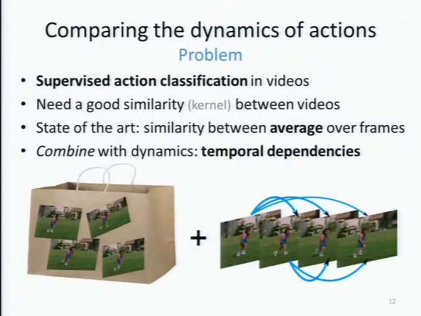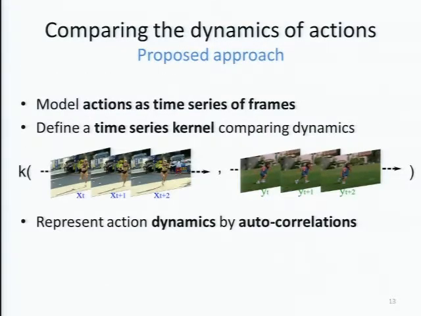And here what we want to do is say, okay, this works really well. This captures a lot of information. We don't want to make a silver bullet that's going to replace this, but we want to make something complementary to it, okay? And one thing that is not captured by bag of features and averaging statistics, which are kind of first-order moment statistics, is how frames relate to each other through time. So these temporal dependencies.